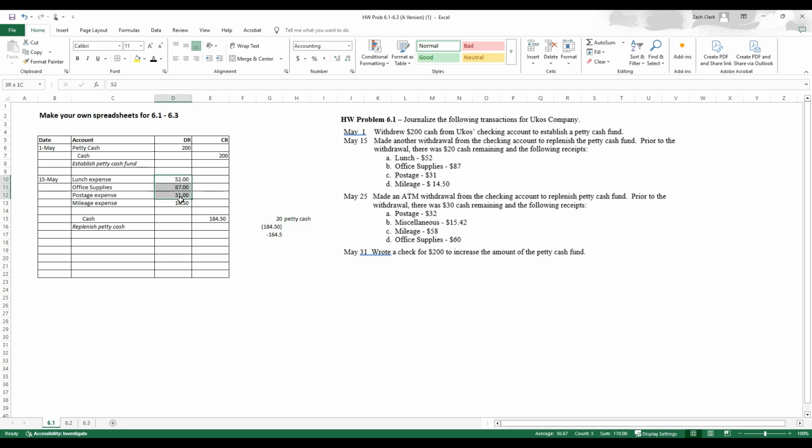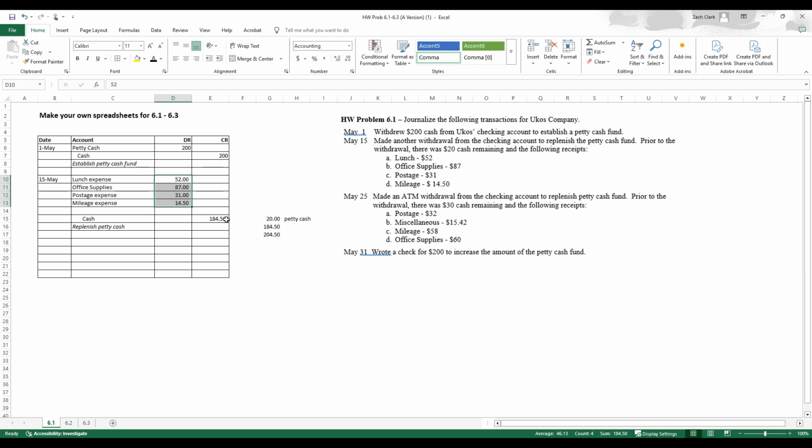We can see that the receipts that we collected were for $184.50. If we add those together, that shows, if we were to replenish the box with the same amount of cash that supposedly was spent in there, we would end up with $4.50 over the $200. So in other words, something went weird here. Something's wrong, essentially,